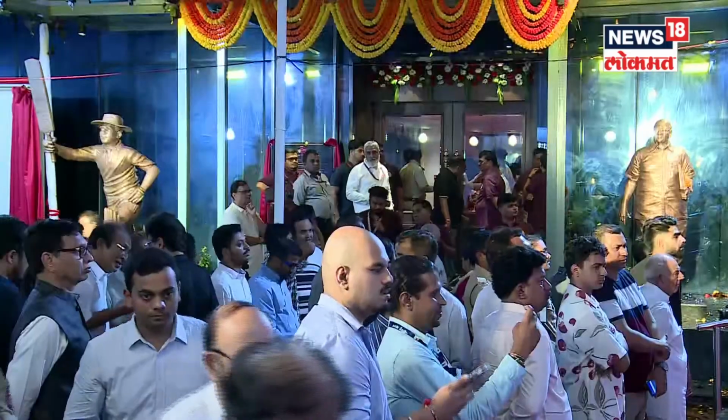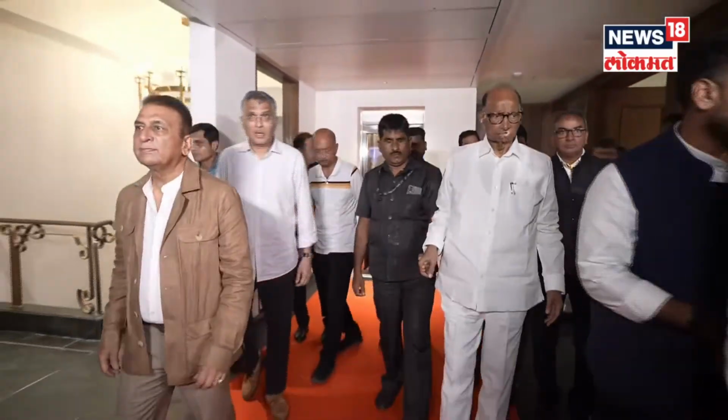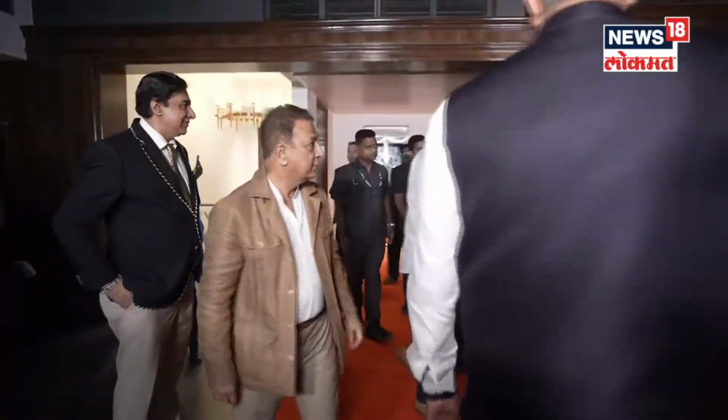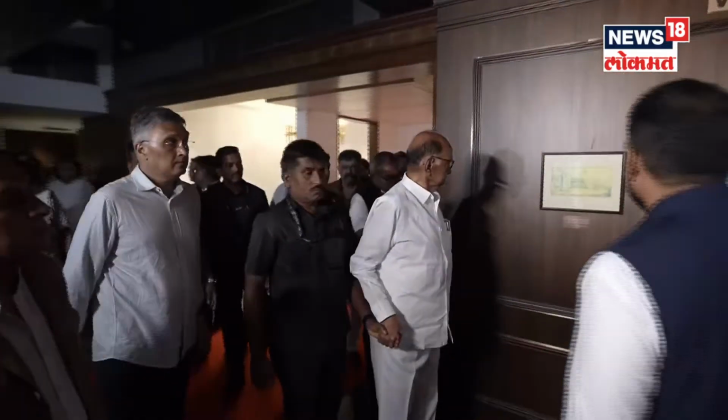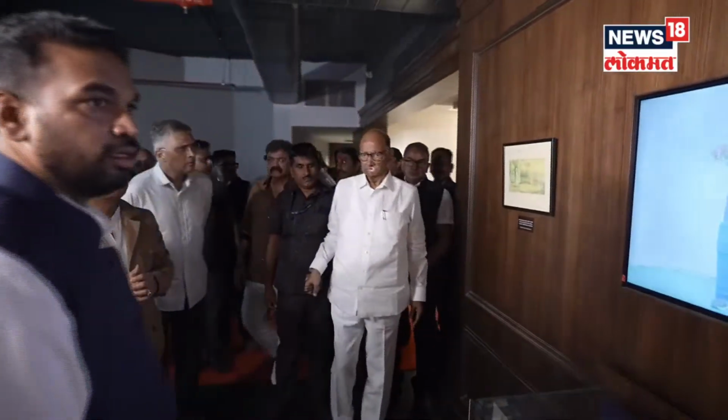So as we go ahead from the library, it takes us to all the audio-visual features that this wonderful museum has. The Mumbai Cricket Association Sharad Pawar Cricket Museum starts with all the detailed history of women's cricket in India